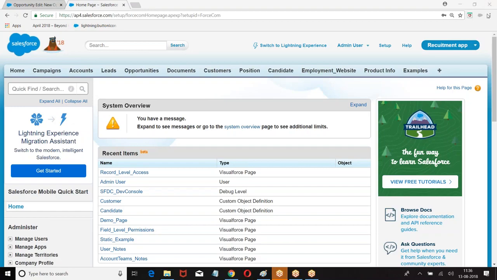When you want any action to be performed automatically when a condition is met. Let us see. Now I'm trying to log into my Salesforce account. It is immediately sending an OTP to your mobile number and asking you to enter the OTP. Now how is it sending? Because it is an automation.